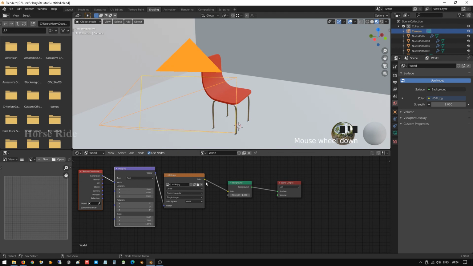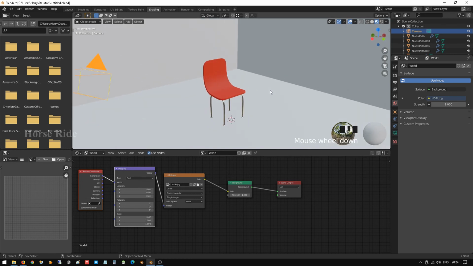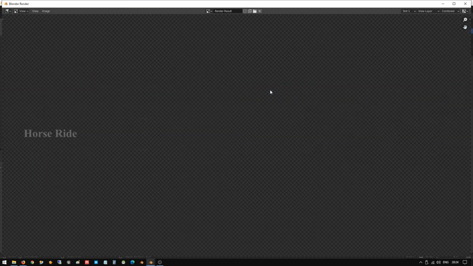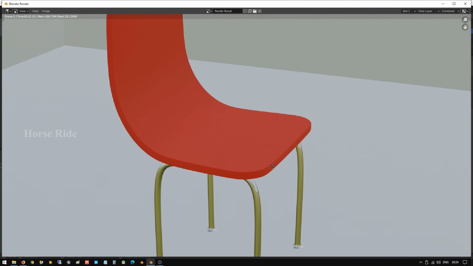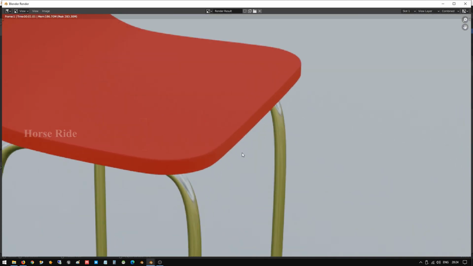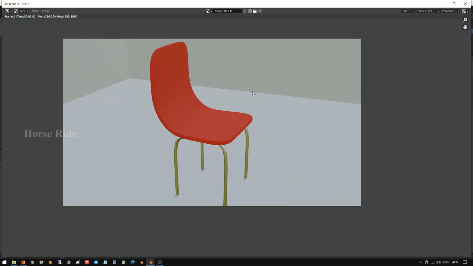So you can view this design and you can add the nodes. Any clarification you can give in comments, and press F12 to render the image. Yeah, it looks better, and I'm going to give sunlight to the object.